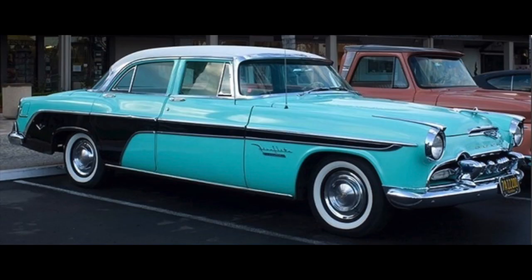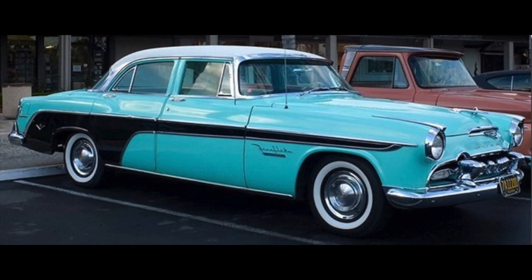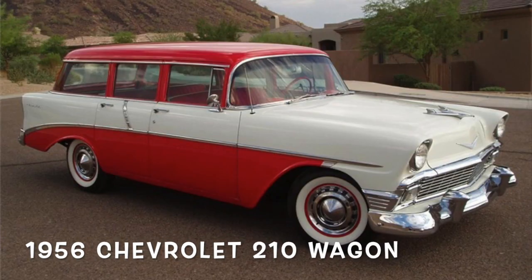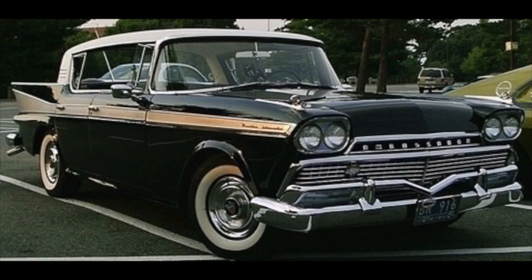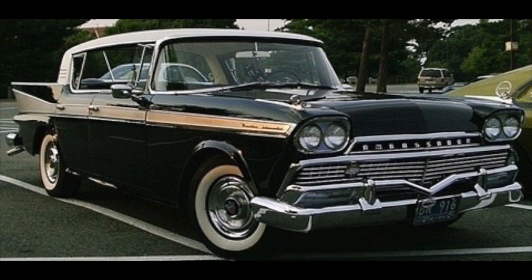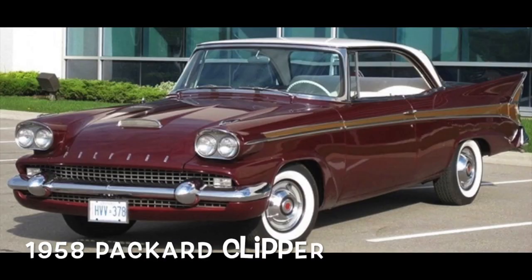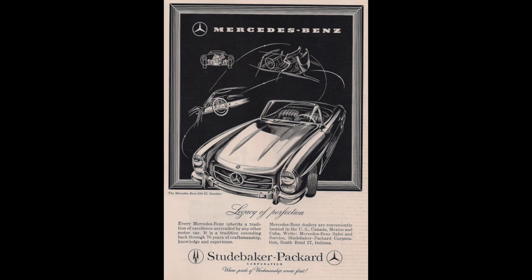And by 1955, any American manufacturer that couldn't offer both an overhead valve V8 and an automatic transmission wasn't around to complain about it in 1956. And the recession that came at the end of the decade impacted brands even harder. Soon Nash and Hudson would be merged into a single brand called Rambler. The once dominant Packard luxury car would be discontinued to focus more on the higher-selling Studebakers, and Packards would be replaced at Studebaker dealerships by